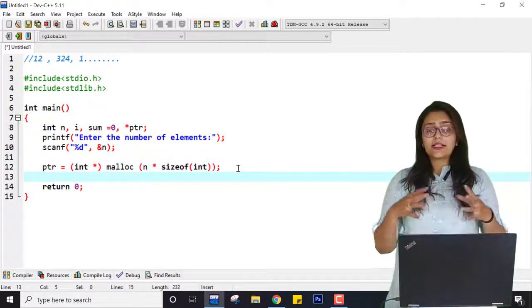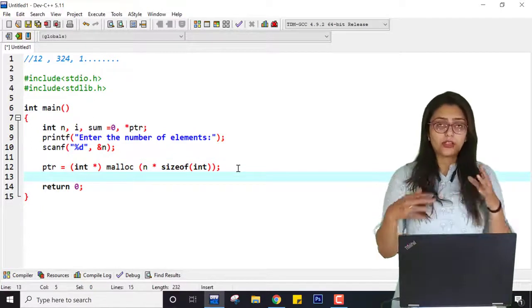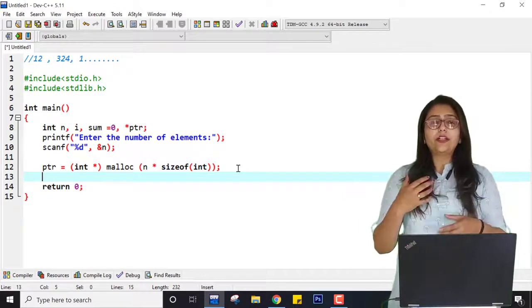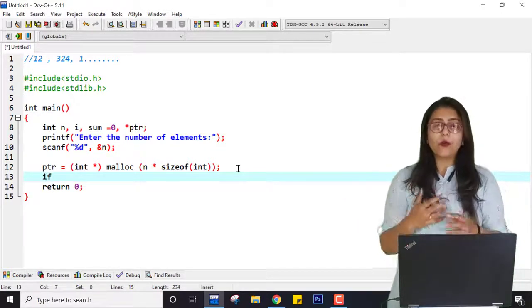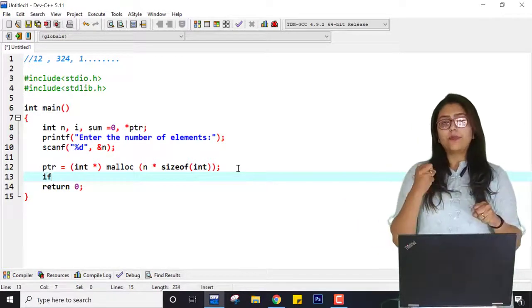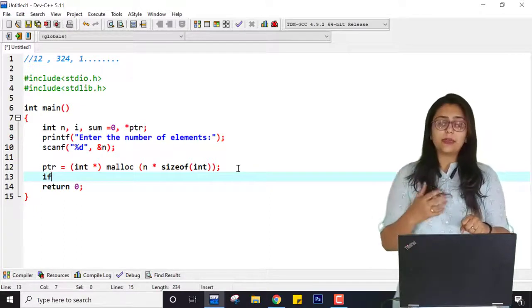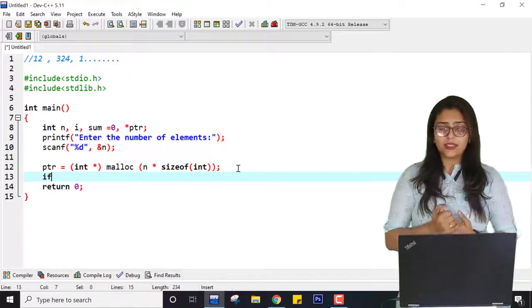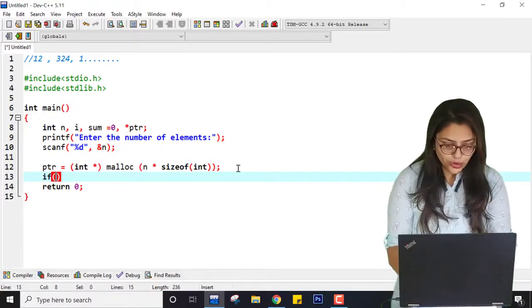Now if there is not sufficient space to hold the block, then the pointer will return null. So the null pointer, that means the value of pointer returned is null, that means there is no block assigned, no extra memory assigned dynamically. So I am going to check this condition.